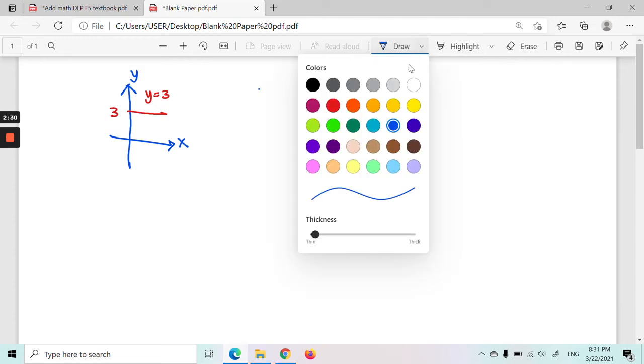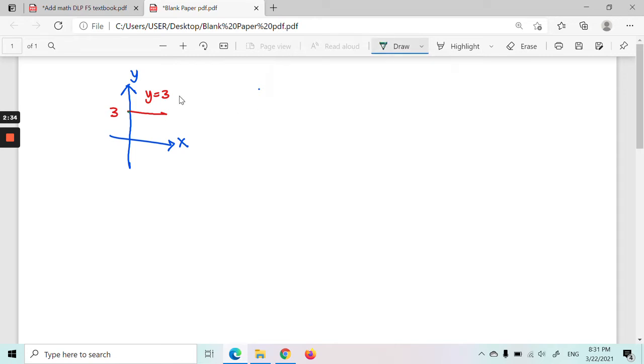So you need to identify where is the region first. Enclosed by y equals 3, enclosed by the y-axis, and then x equals 4, and also the x-axis. When this region rotates 360 degrees about the